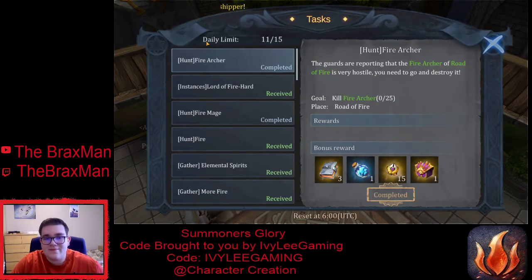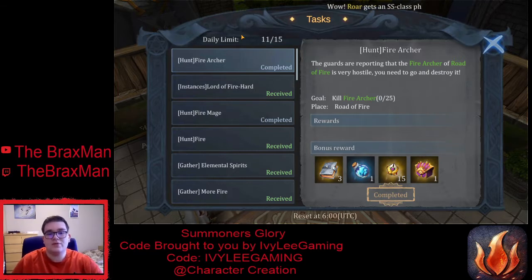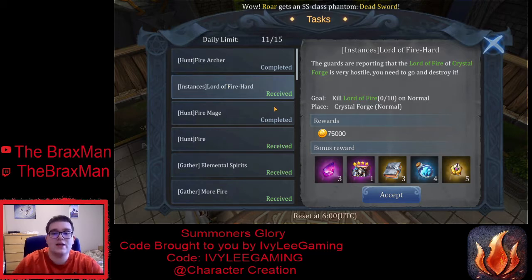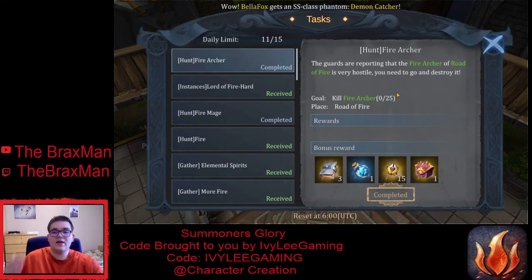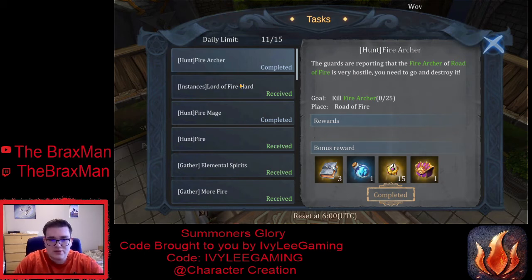You have a daily limit of 15 of these. They're completely free, unless you are doing instances, which cost the initial 20 vigor to enter the instance and complete it. But at the end of the objective that you complete, so I've already done this one, so I've hit 25 fire archers. At the completion of hitting those, I come back to the task, collect it, then I'll say complete, and then I'll be able to receive some phantom experience. So if I go to the instance,